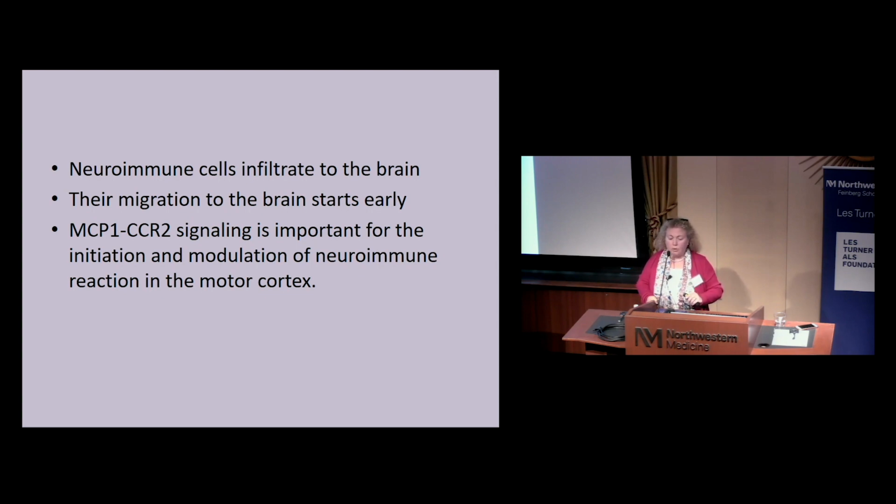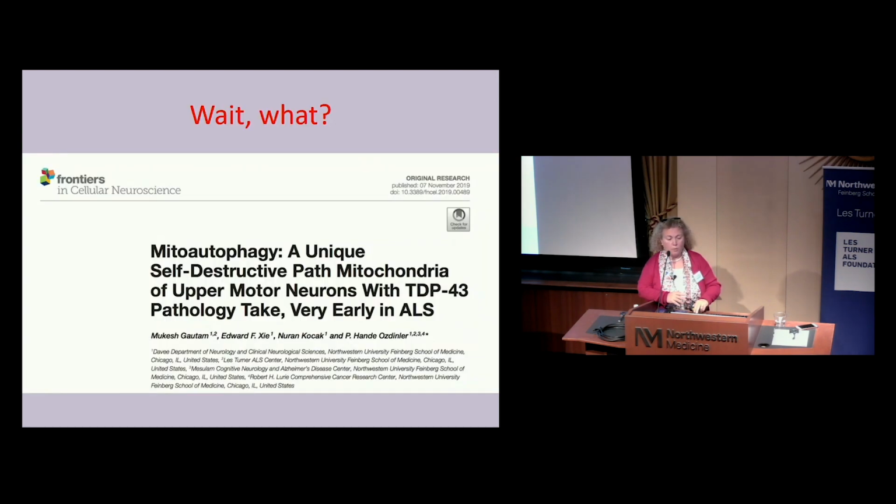Their migration to the brain starts really early. So this is an early event. It is not a byproduct. And MCP1 CCR2 signaling is important for the initiation of modulation of neuroimmune reaction in the motor cortex. So I showed you a story that happens towards the end, when neuroimmune modulation is at its peak. So now I'm going to tell you something